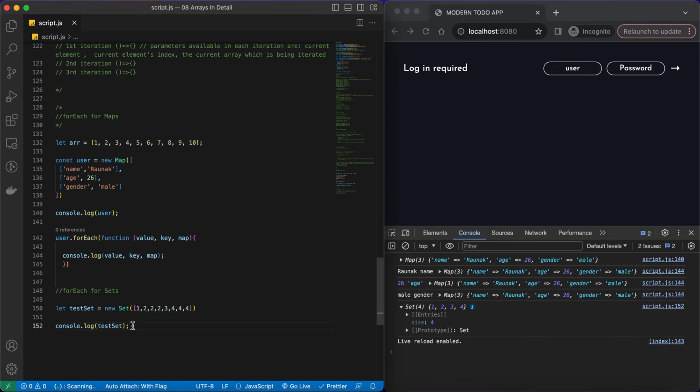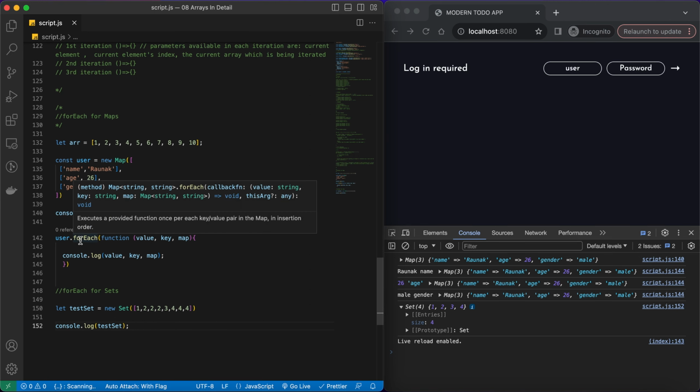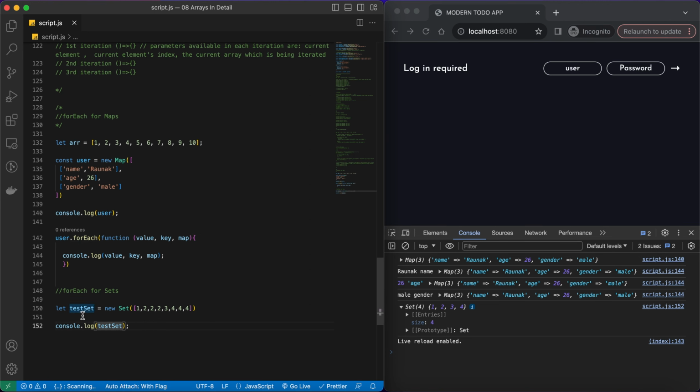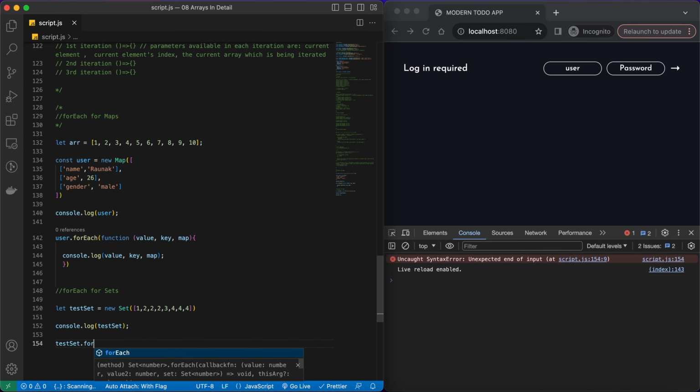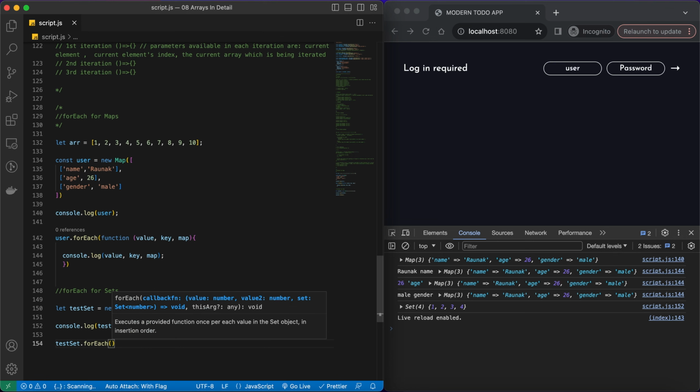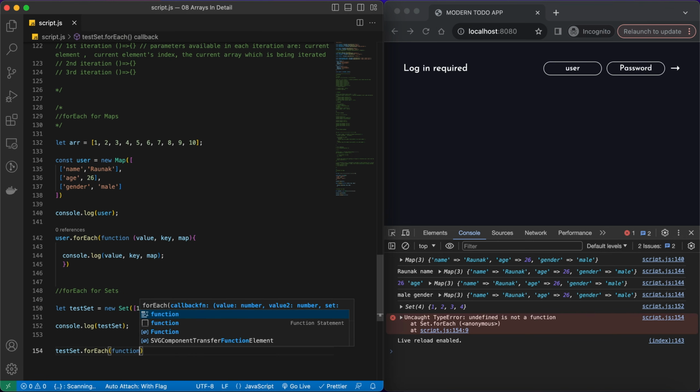And one more thing I wanted to tell you before using the for each method into the sets. Sets does not have the indexes or the keys, okay. It only has the values. This is how the sets data structure was built, okay. Now if we use the for each method in this, let's say dot for each, and then function,